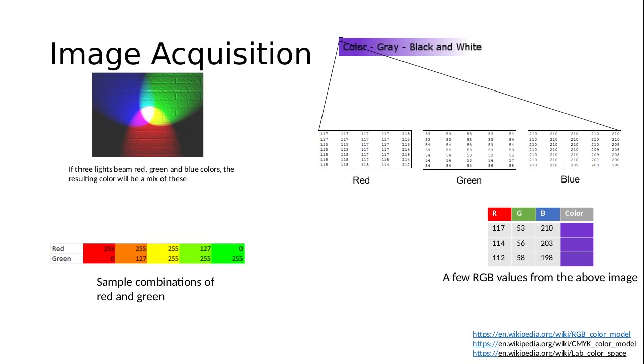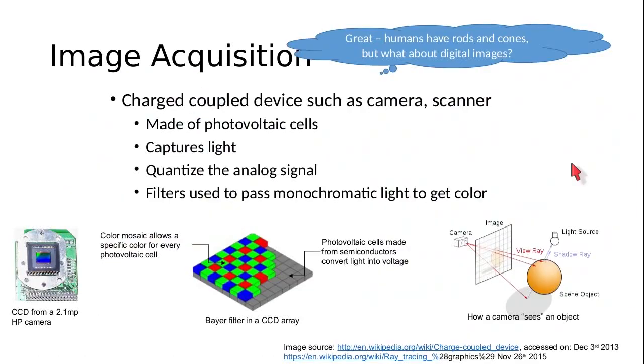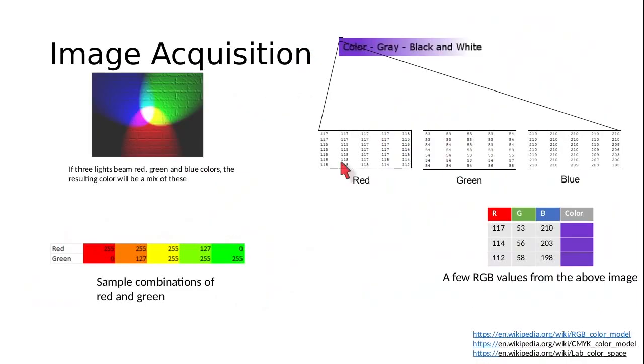The number of bits used to store values at every cell, so for every cell the number of bits that are used to store the electrical impulse are 8 bits. So the electrical value that comes in from each cell is stored in a data which contains 8 bits. Now 8 bits can store a maximum of 256 values, and therefore you have traditionally values going from 0 to 255 for each of these channels.